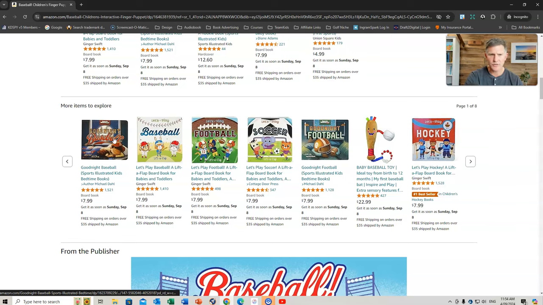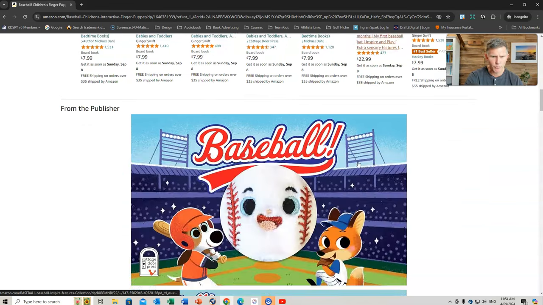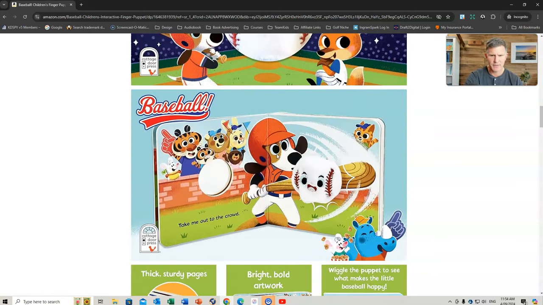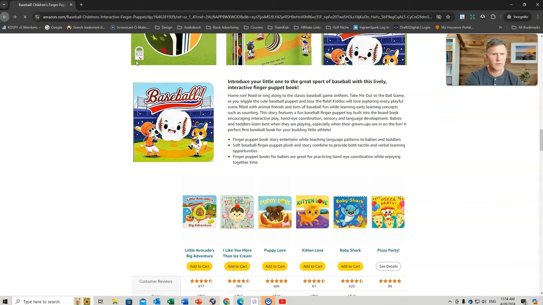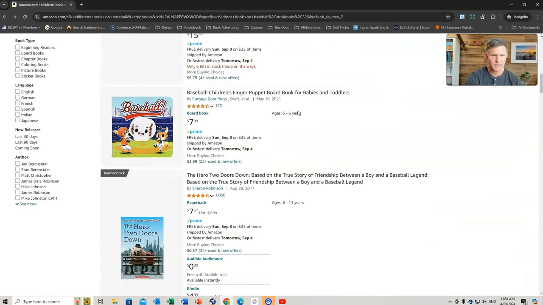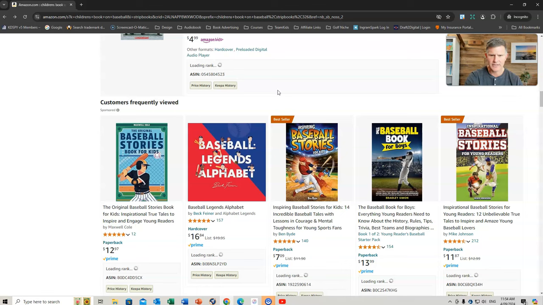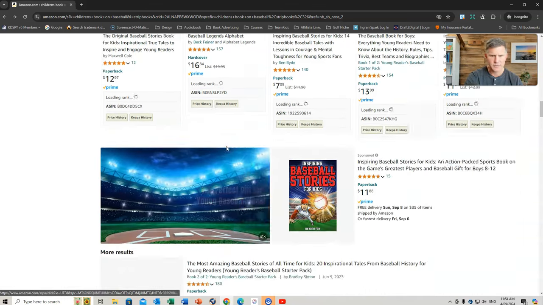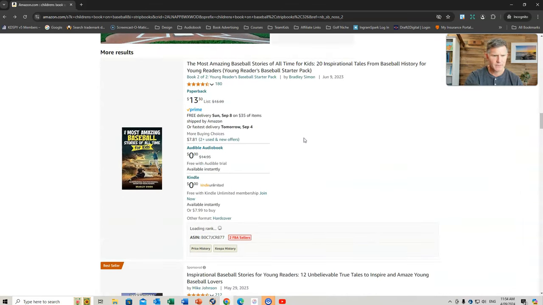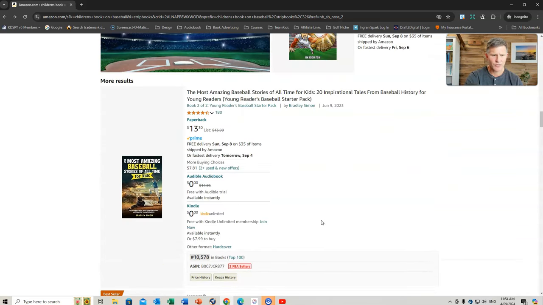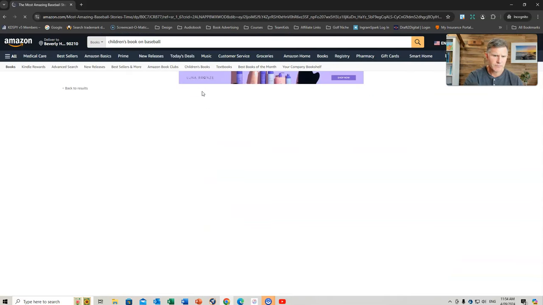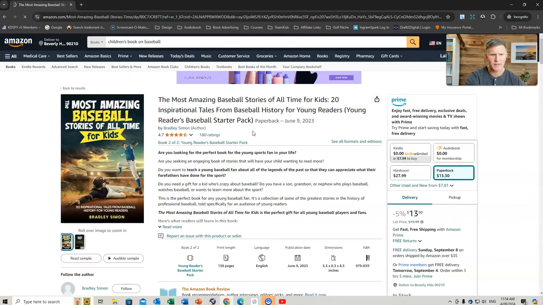But what I like to do is also explore different ideas that could be working. These are board books though, but you might also get an idea of the A+ content that these people are creating. So that's obviously a major publisher. So we keep going down. Again, I like to look at these ones here. Most amazing stories of all time for kids. That's 10,000. So if you were to do a little bit of research into different stories that have happened for